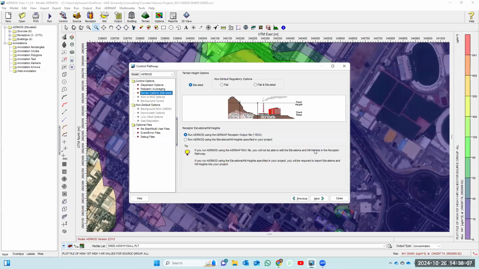Next are terrain options. You can see from this that you have the stack height, stack base, flat terrain, elevated terrain, and complex terrain. And here are the options where you can tell the model where you are. Is it flat land? Most of UAE is flat. So when we are doing UAE, we'd mostly say flat unless really